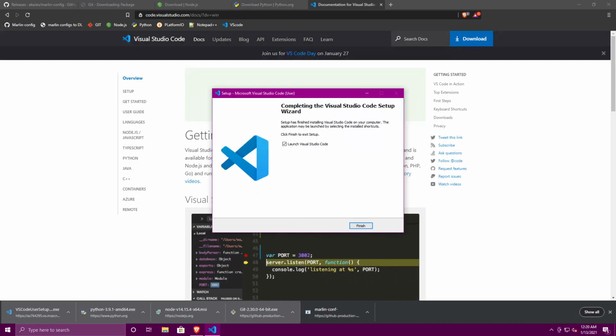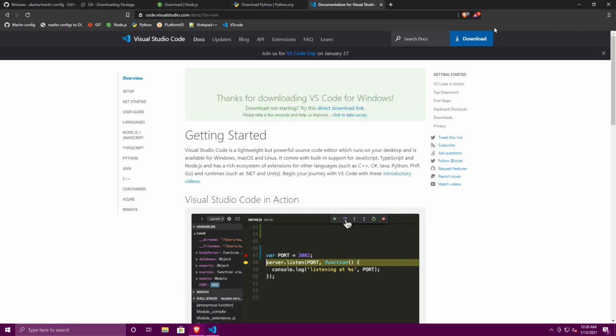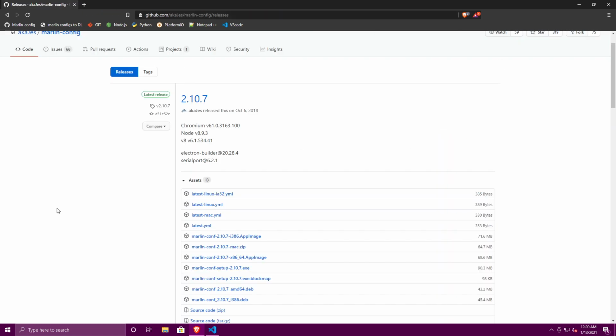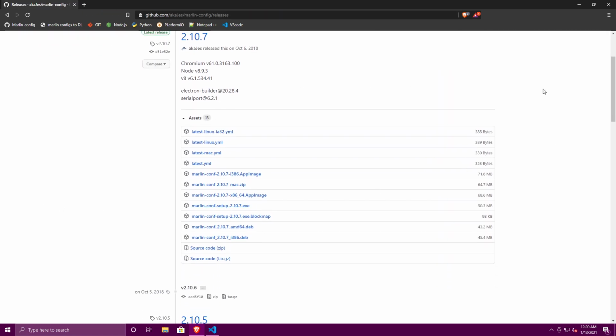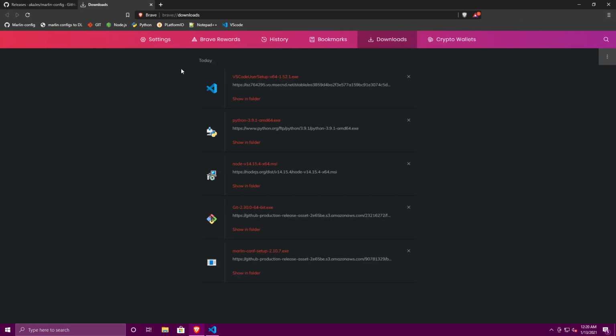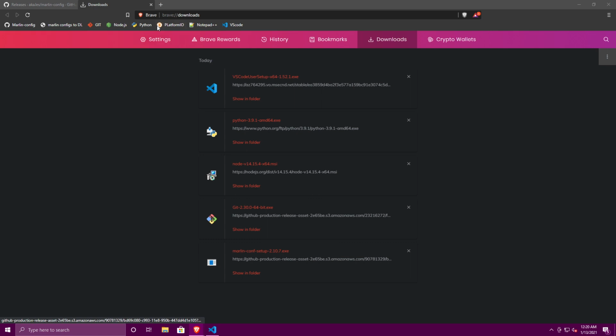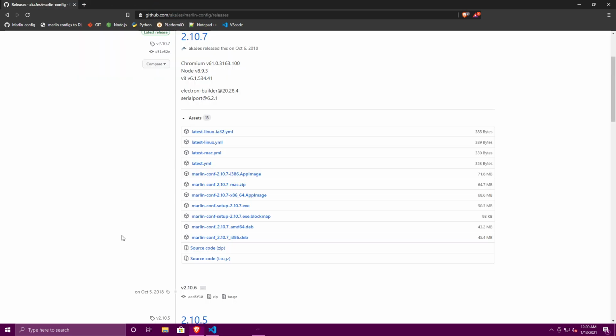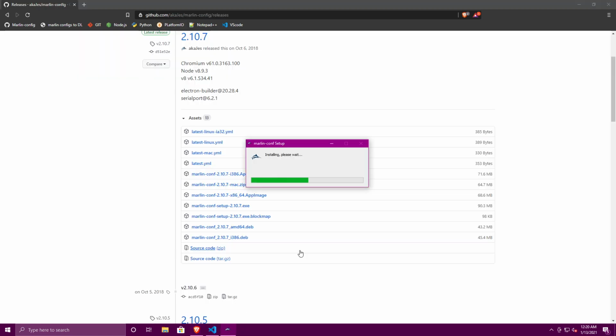Alright, so now that Node.js and Visual Studio Code are installed, what you can do is go ahead and launch the executable that you downloaded from here, the marlin-config setup 2.10.7, and that'll install the Marlin Configurator. After it's done installing, it will open itself up,